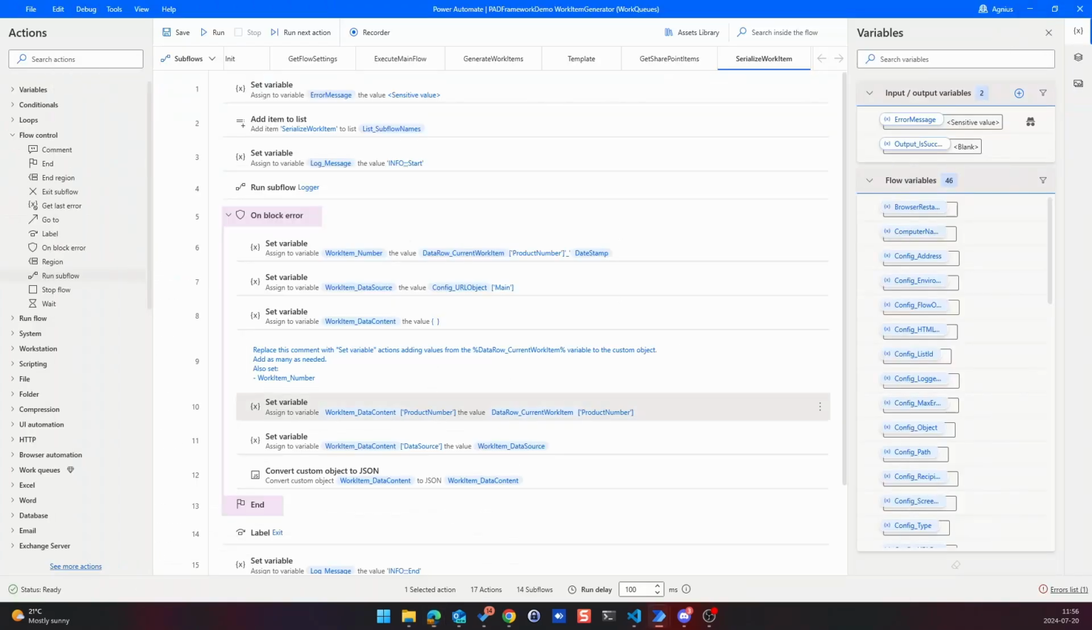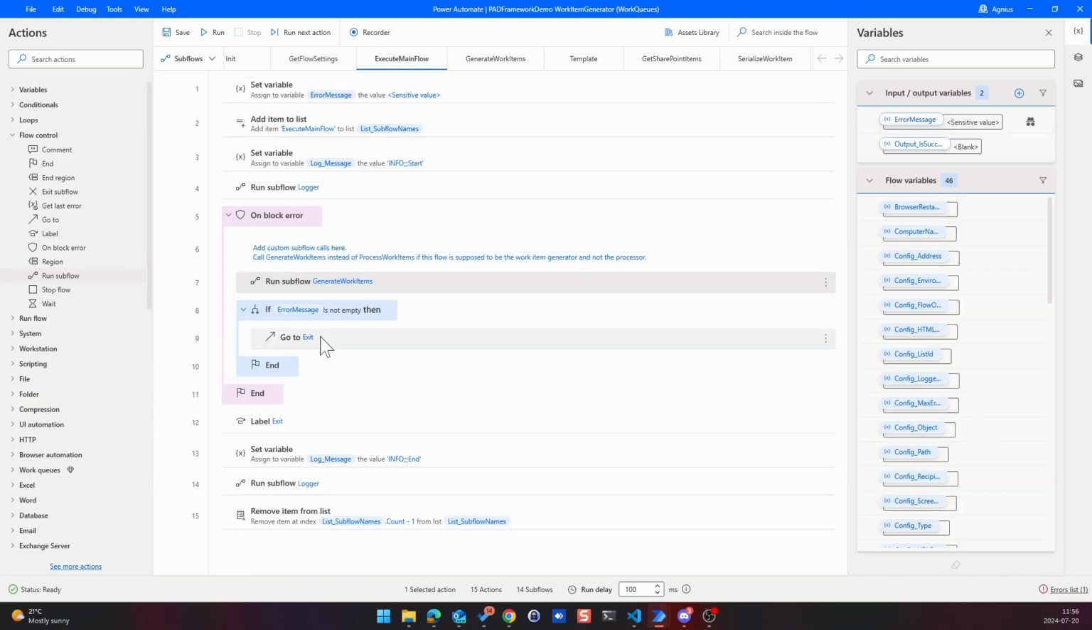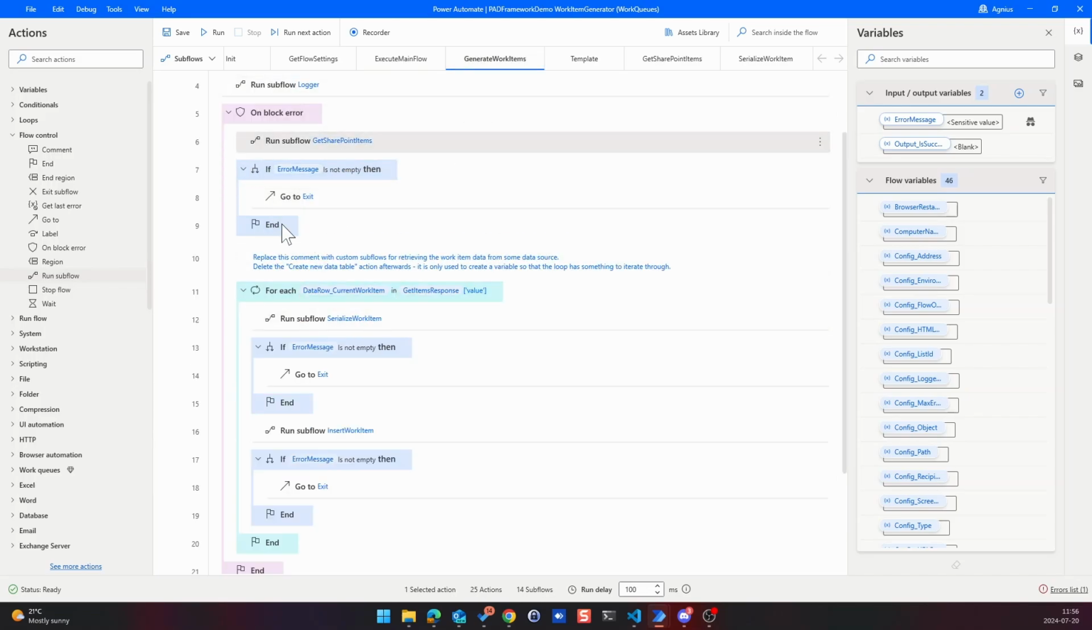Okay. So basically, I'm done with this actually already. I've already serialized this. So basically what it will do is in the main flow, it will call generate work items. Generate work items will call the one custom subflow, and then run this where it serializes it, basically creates the object, and then it inserts them to the queue. So if I save this,